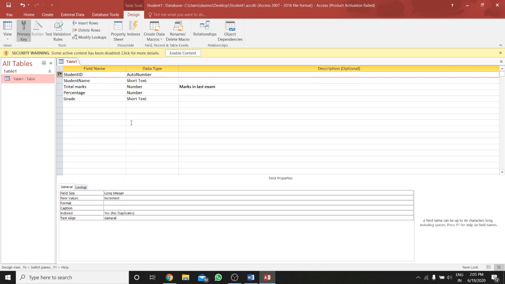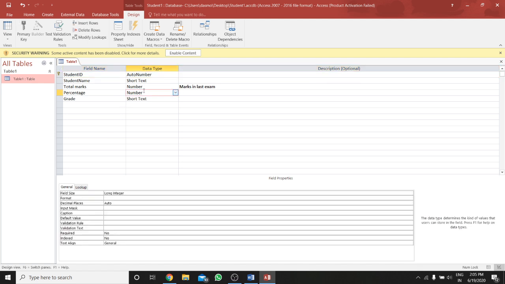The field size is what the size of the field should be. Basically, if it is byte, its range should be up to 255. If it is integer, its range should be up to 32,767. Long integer should be up to 2147483647 by default. So here, as I have given, it is long integer, which means its size would be up to 2147483647.